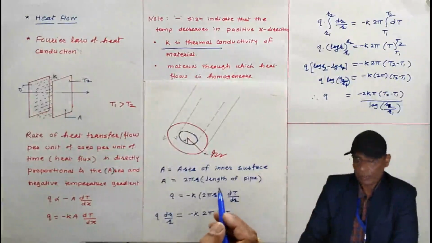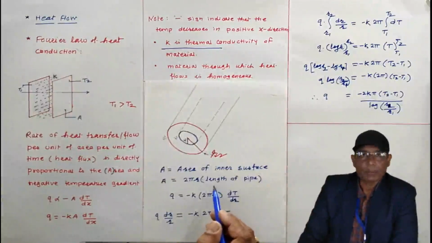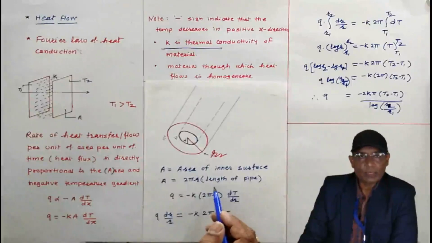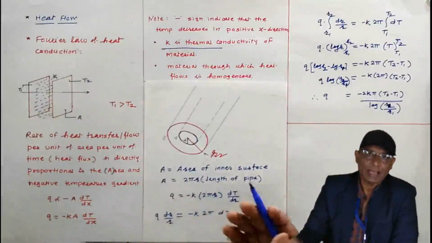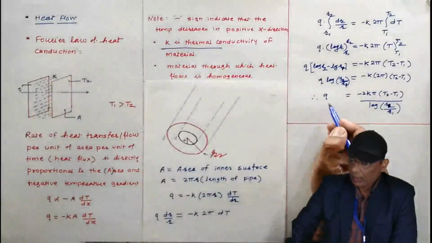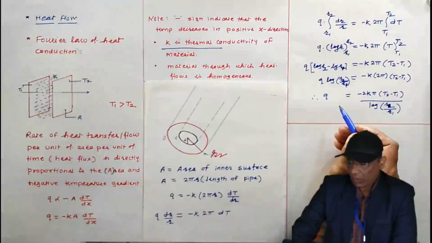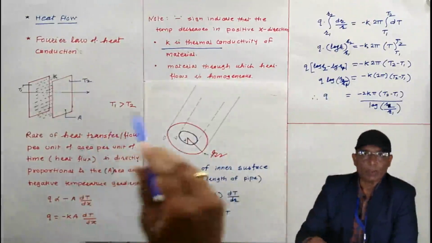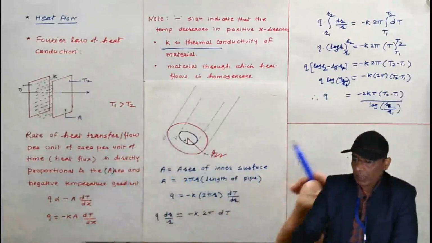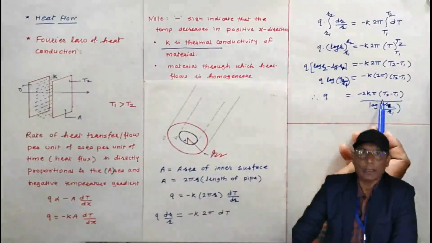Here once again I am going to repeat the length of the pipe. I am considering a single unit, 1 unit. You may consider it as the L unit also. So this is heat loss Q. Now when we solve the problems on this topic, I will be using the value of Q directly.